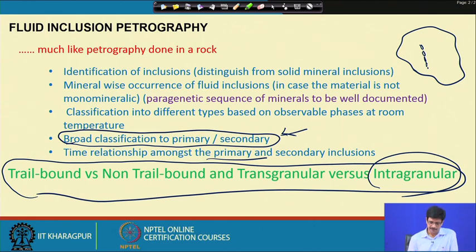So the fact remains that during petrography we can only describe them, whether they are trail bound or non-trail bound. If they are trail bound, and the trails are transgressing through many grains in the host mineral, meaning almost the entire section, the entire FIS that we study, we could still trace the heel crack. So it is always